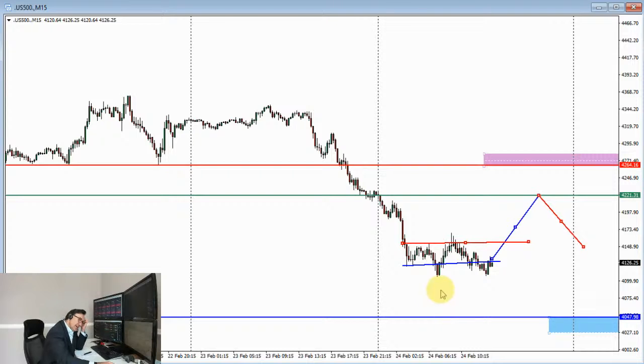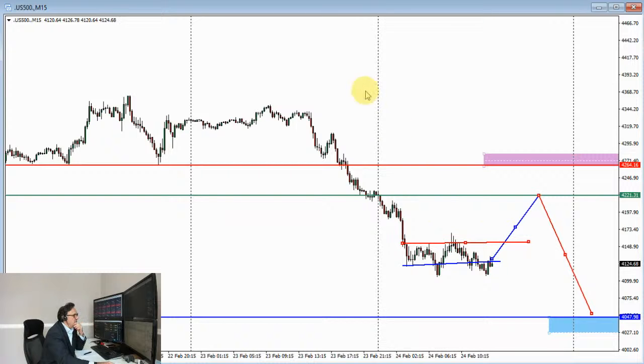So either a counter trend intraday scalp at the open when the market's open, to see how they react for a kind of oversold bounce back with a very tight stop below, and a potential take profit at 41.57, possibly even 4,200, 4,220. If that happens, that will be a big oversold bounce back. Or alternatively, short sell there with a stop and a larger take profit at the bottom.